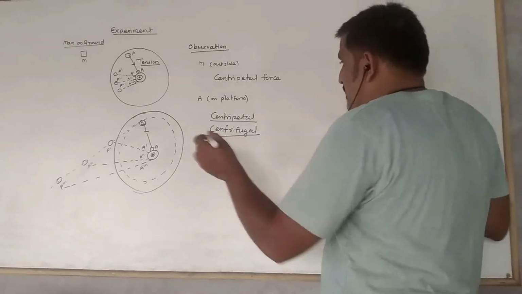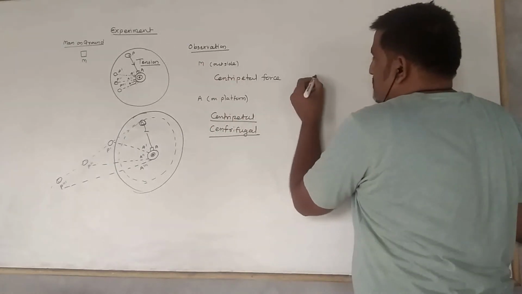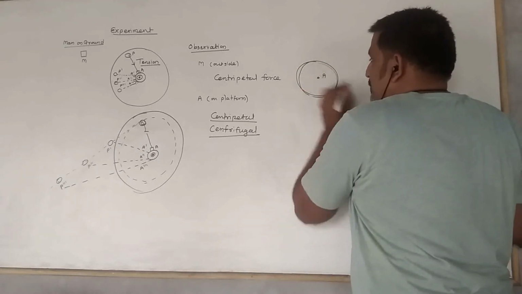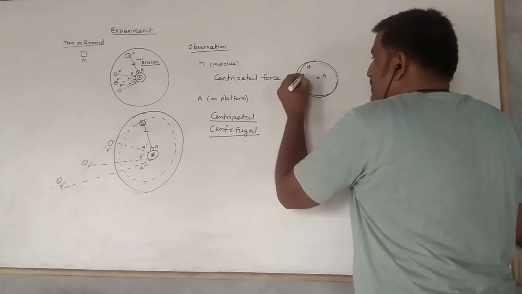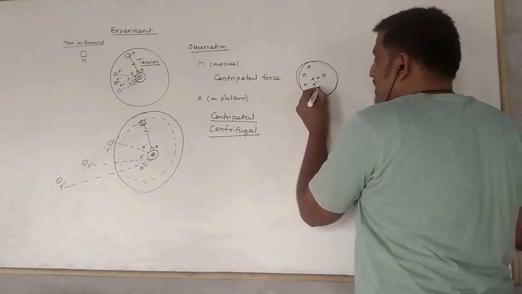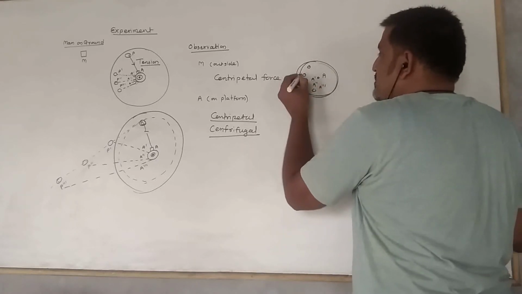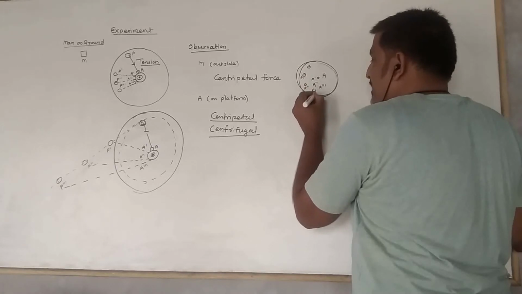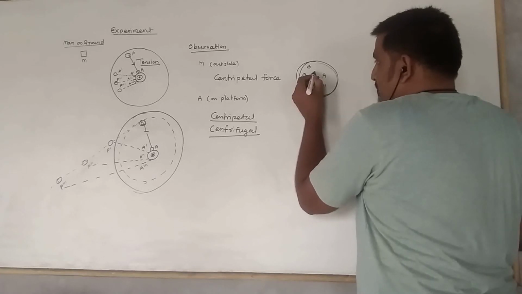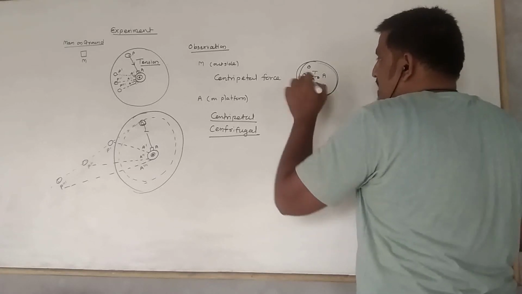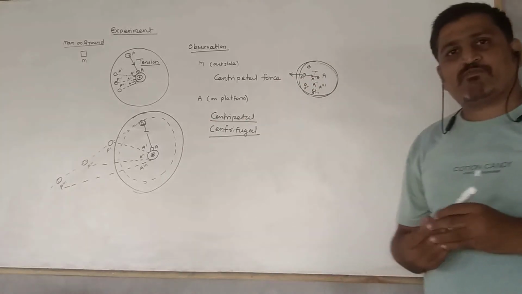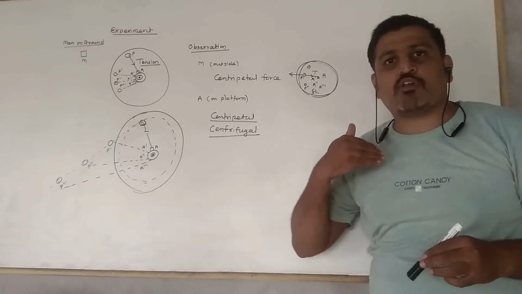Means, if this person talks about the centripetal force on the ball for moving in a circular path, then person A assumes that the ball is over here, only in front of him. As his position changes to A dash, A double dash, A triple dash, the ball also changes its position to P dash, P double dash, P triple dash. Means what he finds is that one force is due to the tension in the string, which is the centripetal force, and another force should be there, which is throwing the ball away from the center. Right? Throwing the ball away from the center.